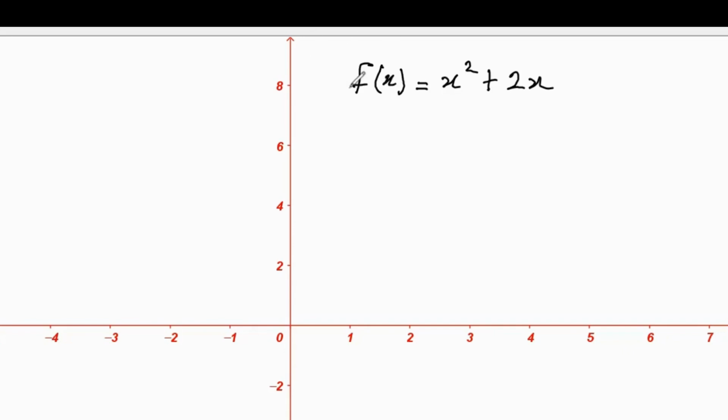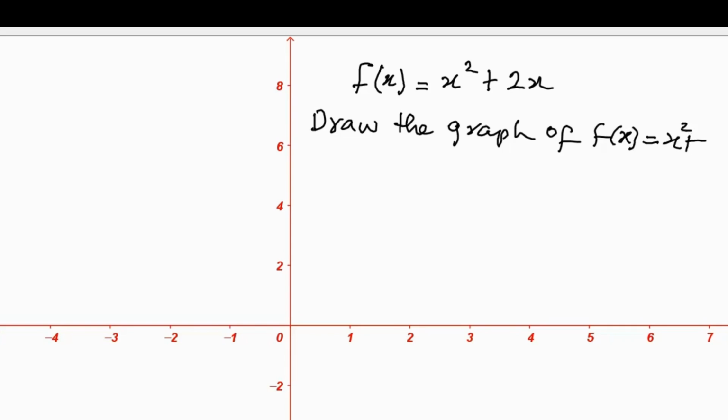So the question is: draw the graph of f of x equals x squared plus 2x, and hence